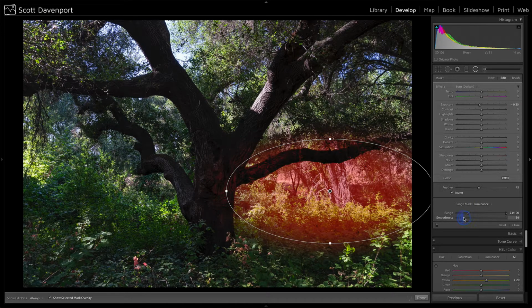Let's turn that down some. Maybe right around there. It doesn't need to be perfect. It just needs to be reasonable. And then also we can take the highlights down. That's much better. Let's see a before and after on that. Before and after. Good. Okay. Now the next thing, I'm going to duplicate, I should say, this adjustment and toss it